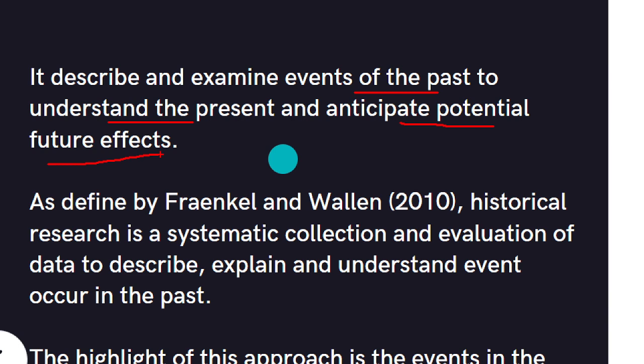Okay? So there were series of pandemics before. So ano yung connection niya sa pandemic ngayon at ano yung mga pwedeng mangyaring pandemic sa future? Ano yung naging epekto before? Ano yung naging epekto ngayon? Ano kaya yung pwede pang maging epekto sa future? So that's historical research. It is also defined by Frankel and Wallen. Historical research is a systematic collection and evaluation of data to describe, explain, and understand event that occurred in the